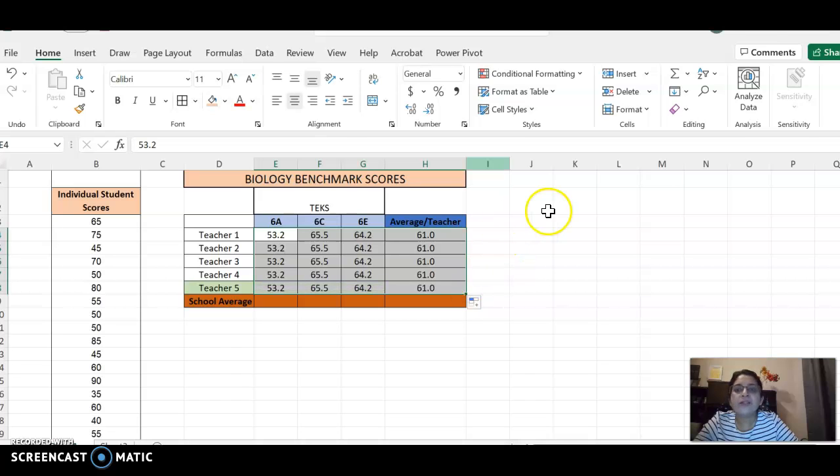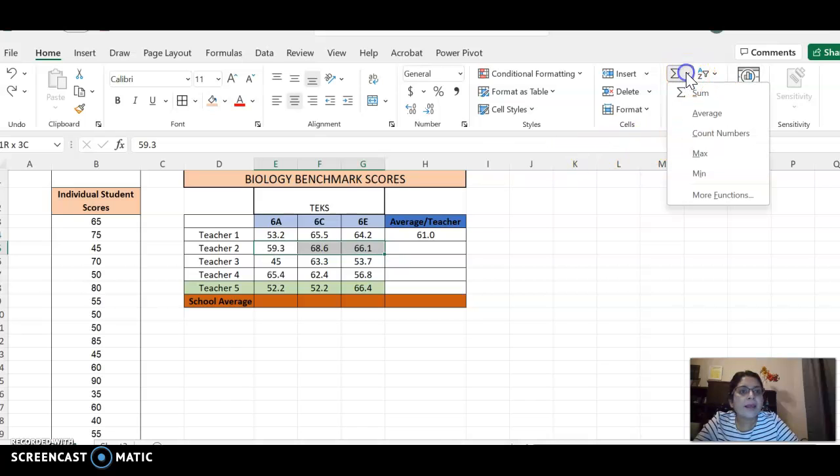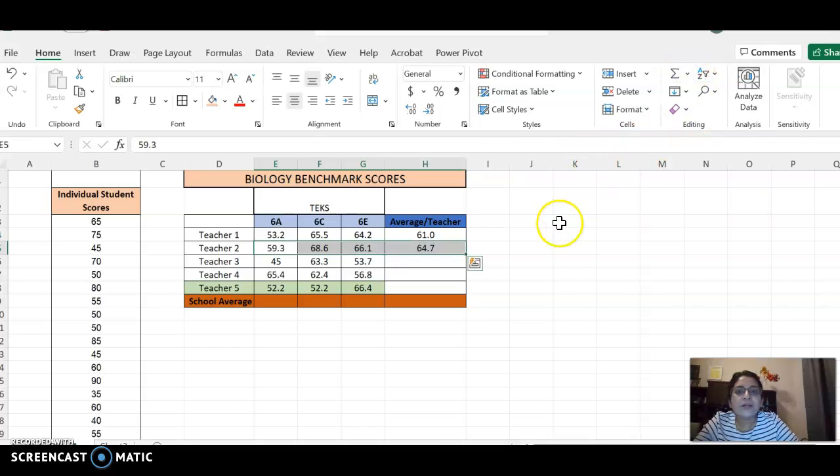No, it changed everything. So I'm going to go back and I will do the individual averages. Let me see if I try again, and I get what I wanted to. Okay, there it is. And now I will try to get an average of the entire school on TEKS 6A,